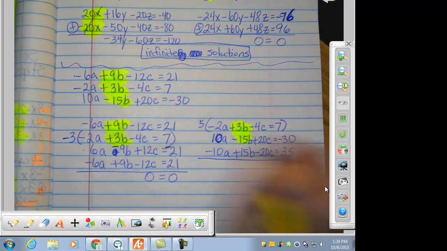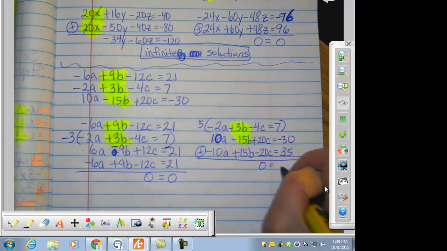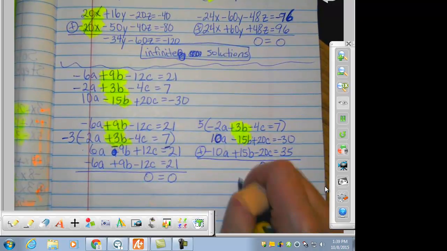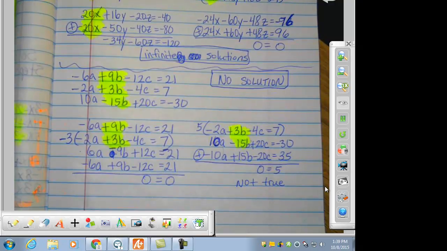Let's draw our line, and this time when we combine our 2 lines, I get 0 equals 5, and this is not a true statement. This one has no solution. I still have to include the third equation